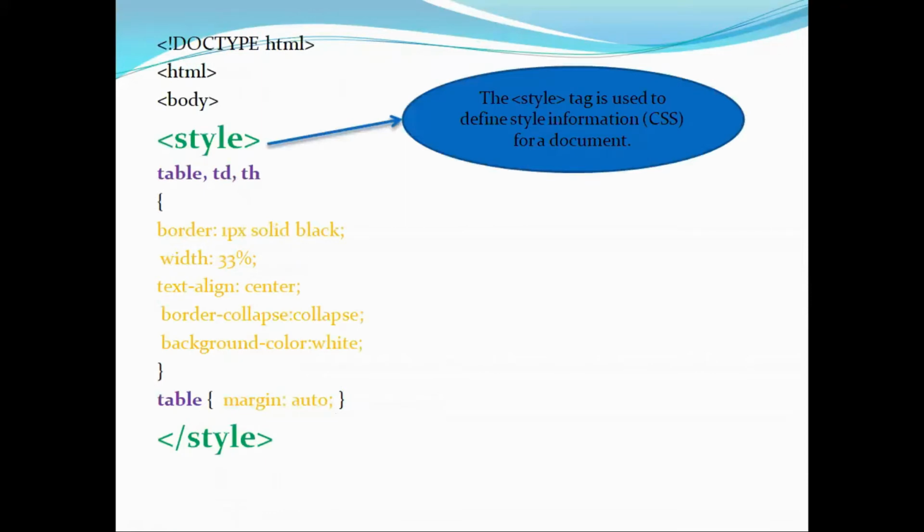Next is the style tag, which is used to define the style information for a document. In order to specify that style, we are using cascading style sheets. Usually, they are of 3 ways, that is inline, internal as well as external. Inline means using the style attribute inside the HTML elements. Internal means using the style element in the header section. Here we are using the embedded style sheets, that is, in our example we are merging the style sheets inside the HTML document. External means we can make use of the link element to link to an external CSS file.